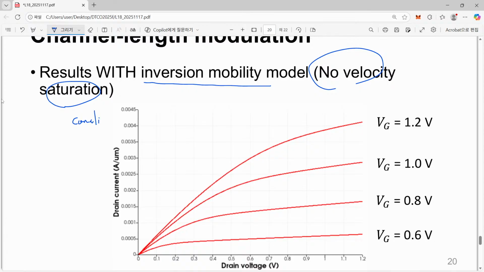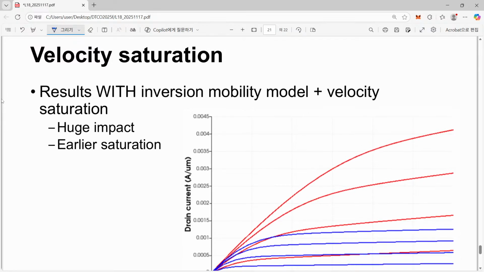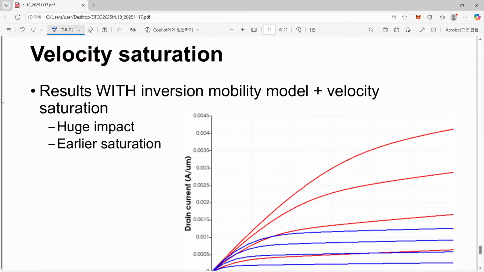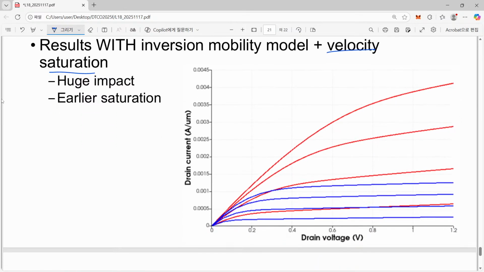In this case we have certain curves, but when we include the Canali model corresponding to velocity saturation, you can see that we still have a much different behavior of our transistor. So please make a comparison. Here, once again, this is a short channel device. We have a severe effect of